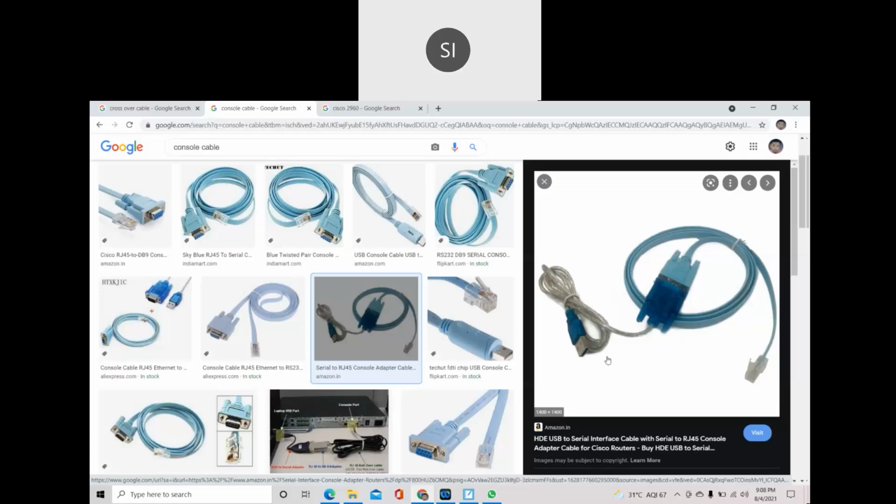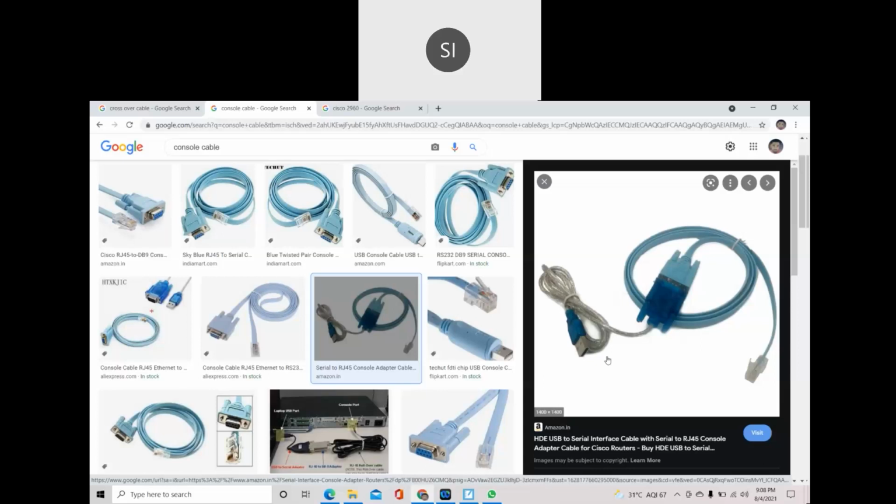In the location there will be some people, so you ask them to connect the cable at one end and the other end to their laptop. There are multiple options to share the screen: Microsoft Teams, WebEx.